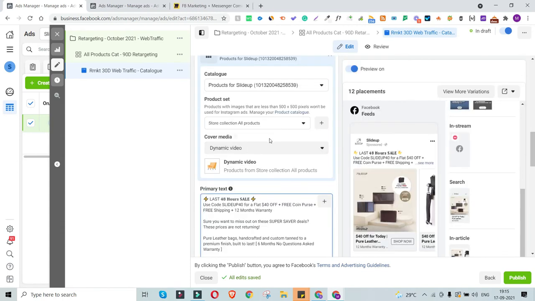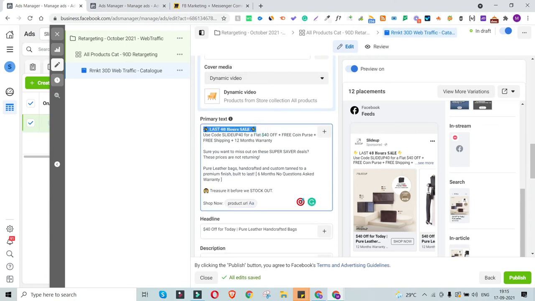Alright, so I've already fed in the ad copy. So a quick headline about the urgency. So this is more of a PAS model. So problem, agitation, and the solution based model. So the problem is that they are not yet able to decide. So here is the urgency, last 48 hours of sale, and the agitation is that, hey, the price might not be fitting my bill, or I might not be getting the right design or the right product fit that I'm looking for. And that's where the agitation can be, hey, there is a quick $40 off, plus you also get a free coin purse, plus it's free shipping, plus it's a 12 months warranty, so you can buy it without much of a downside risk.